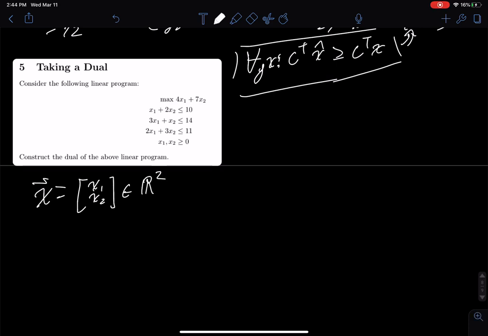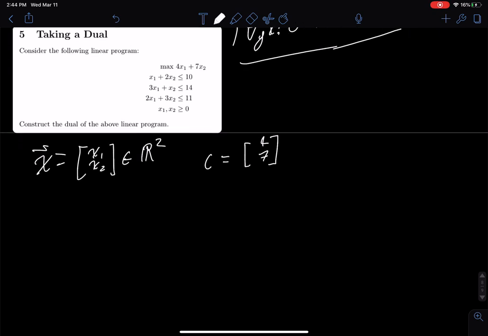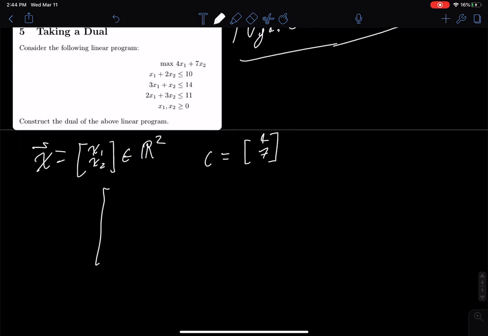What's our objective function going to be? We're going to use the vector c equals 4, 7. Now, how are we going to formulate our constraints? Well, we need to have